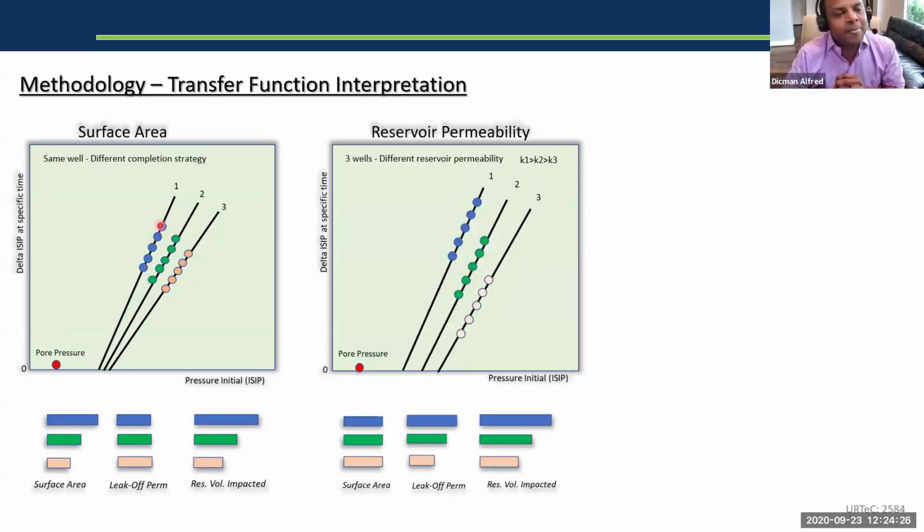So how does permeability affect you? Again, let's assume you have 3 wells with 3 different permeabilities of the formation. If you have very high permeability, obviously you're going to have a higher leak off. You have the same reservoir pressure, it's just the permeability difference. And if you have a very low permeability, this function is going to shift to the right. That means you are going to have a lower leak off because you have lower permeability,